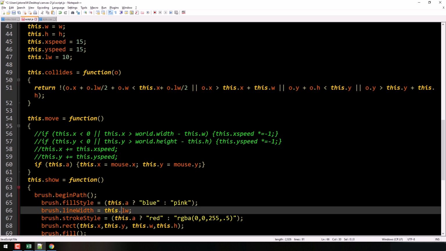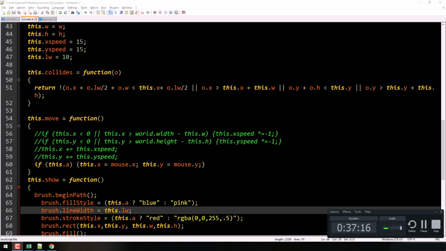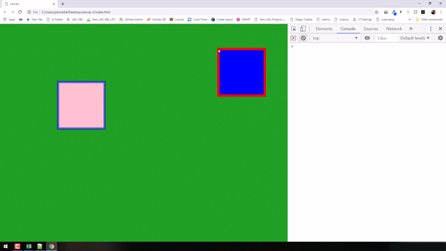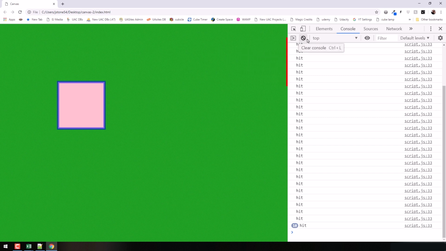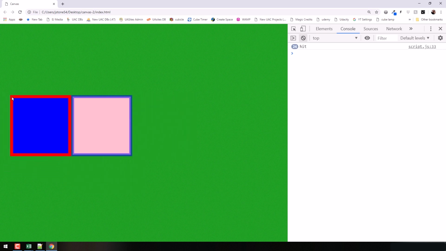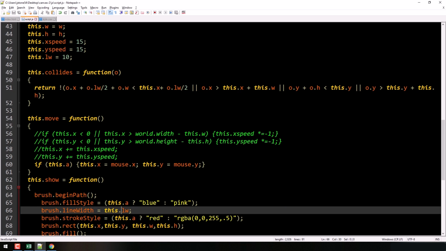I should have said this dot lineWidth. All right, so here we go. Save that, run it again. And okay, so we're clear. Let me just clear that, make sure. Yeah, all right. Okay, so now let's just see how our interaction is now, if it's any better. Not quite. Let's look at the right side, see how we did there. Okay, I still need to add some more of these adding 5s everywhere.